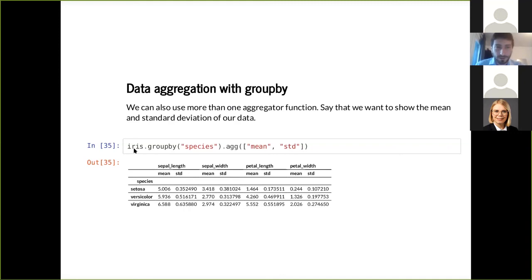So I can call iris.groupby, specify my attribute, then call the agg function for aggregate, and then I pass a list of aggregators. So I pass mean and standard deviation. So now I have the same groups here, but I have mean and standard deviation information for each group and each column. And this is also very common in OR applications. Maybe I want to show the mean gap and the standard deviation of the gap. So Pandas lets